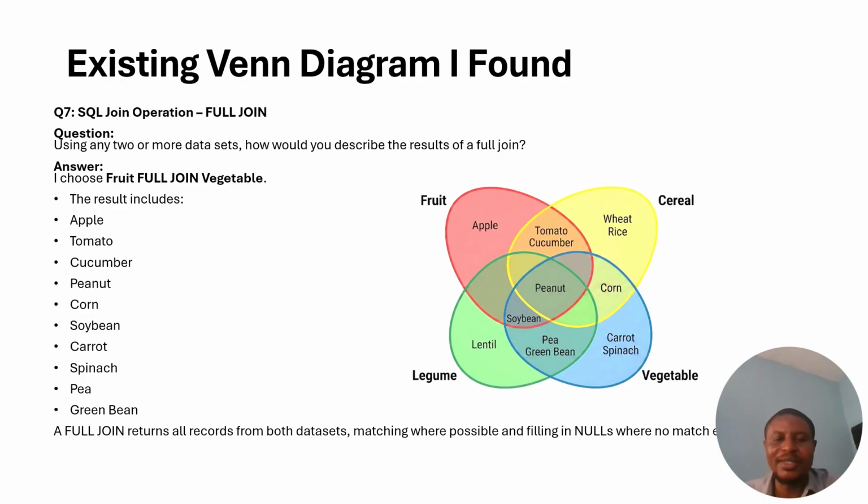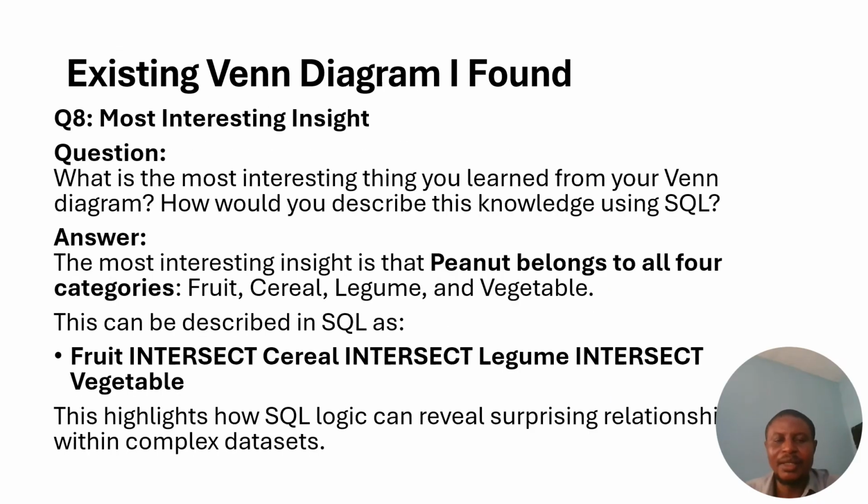For question number 7, using the full join, I chose fruit full join vegetables. The results included all the fruits. So the full join returns all records from both datasets. You can see that. Then the most interesting thing I found here is that